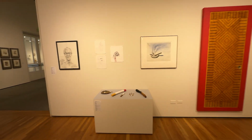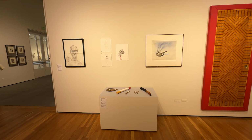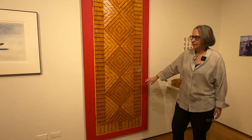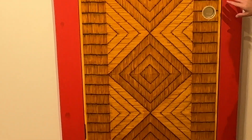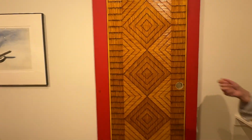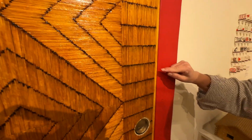So because of that and the trauma that inflicted on his body, smoking was always kind of a theme for him. He made this matchstick door for sites. Oh, those are matchsticks. Huh? Yeah. So this is inspired. He and his wife Fran collected folk art, and some of it was like 1930s, 40s prison art, where it was a thing in America where the prisoners would make artwork out of matches, gum wrappers, cigarette filters, all kinds of things. And so the matches are burned